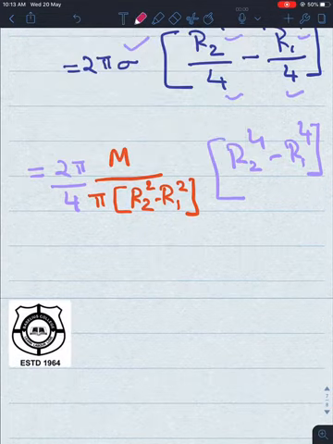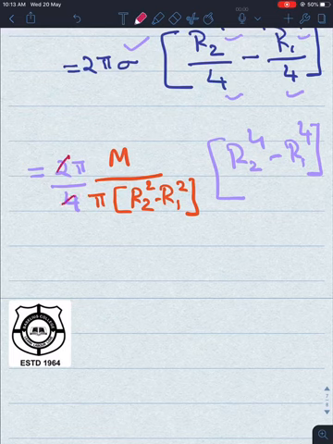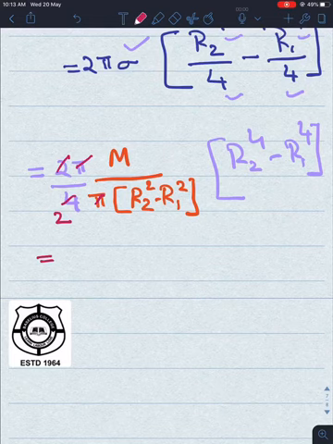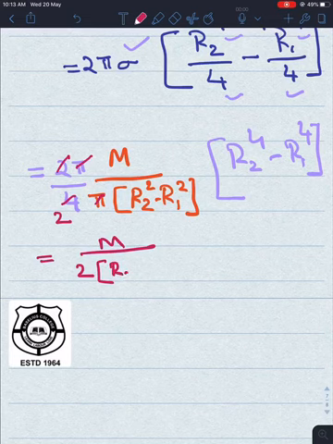So we can cancel off 2 and 4, pi and pi, here you get 2. So the remaining thing is equal to m divided by 2 into r2 square minus r1 square, and this can